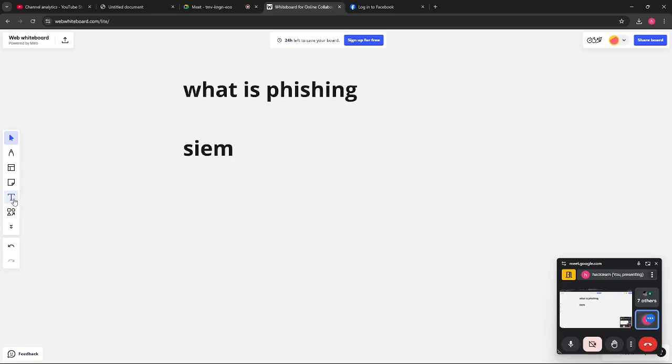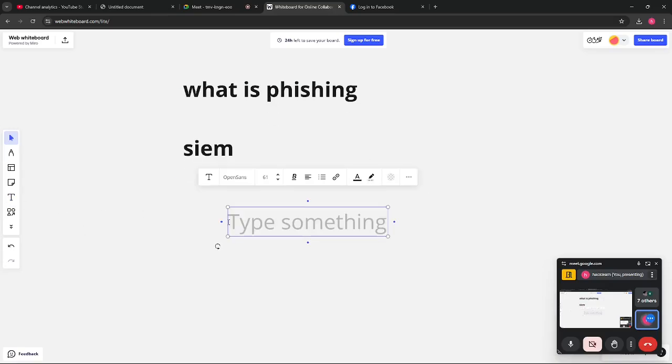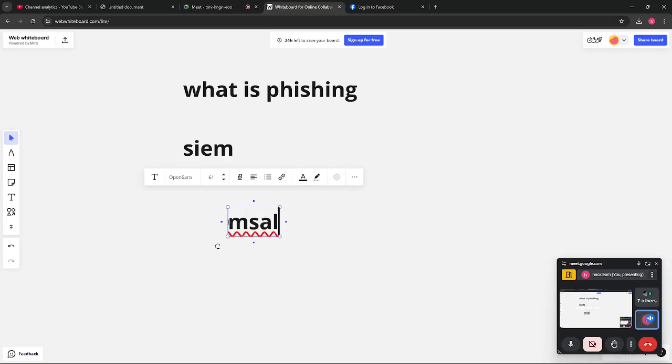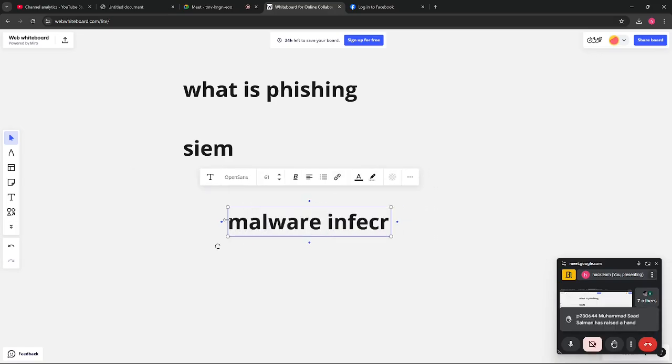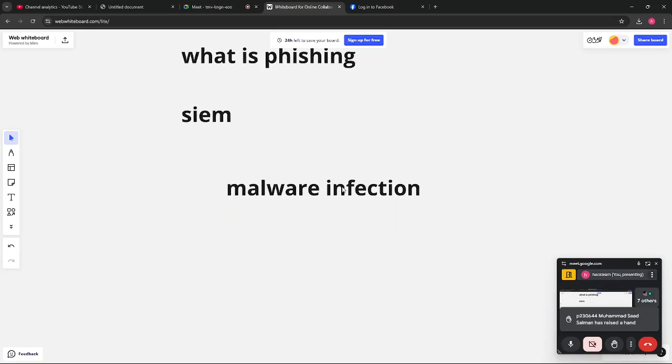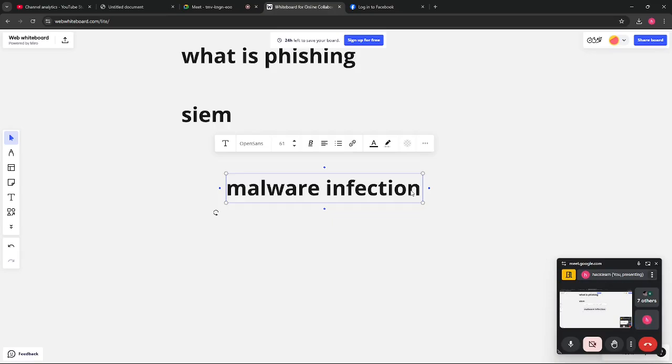After phishing attacks, the next is malware infection. Can anyone explain what malware is? Anyone want to explain? Yes, sure. Please explain what malware infection is and how it works. Malware is basically a piece of code which is injected into a website or a database, and through that they intercept data. Yes, so basically, malware is a piece of code that is going to attack you.